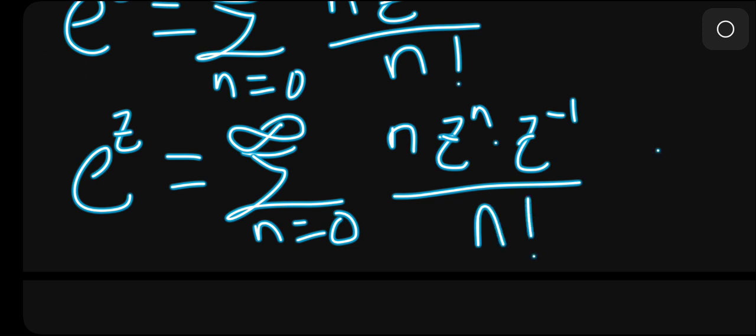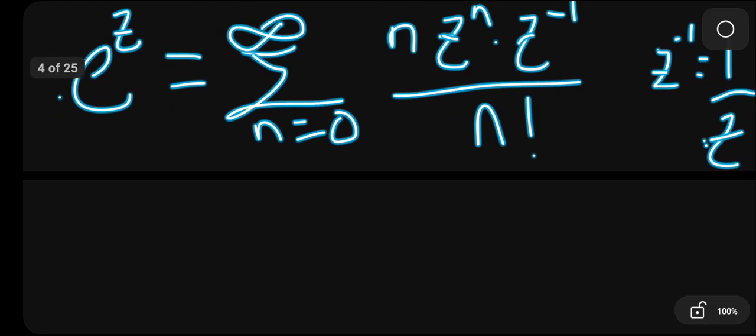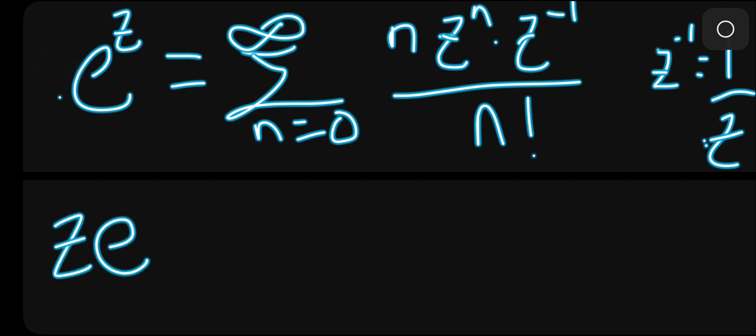Now z power negative 1 is the same as 1 on z, so I can actually bring this one here. So now z multiplying e power z is actually equal to